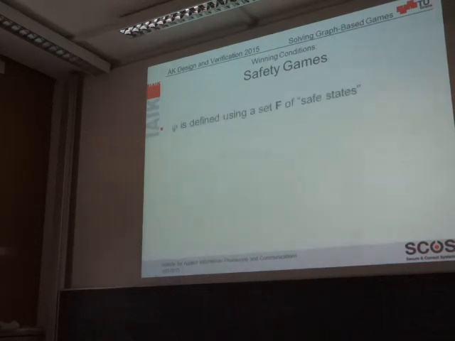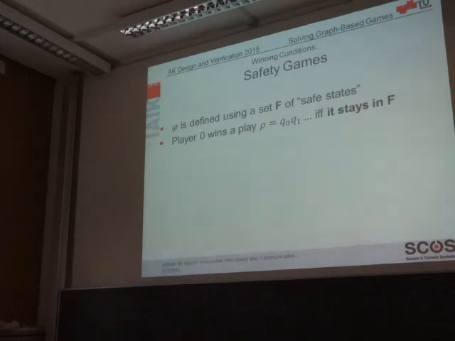The next kind of game we will look at is so-called safety games. What is a safety game? Again, the game graph is the same as usual, only the winning condition is now defined a bit differently. Again, the winning condition is defined via a certain set of states F, but this time the meaning of this set of states F is that it is a certain set of safe states which we must never leave. So a play is won by the system player if this state sequence never leaves this region of safe states